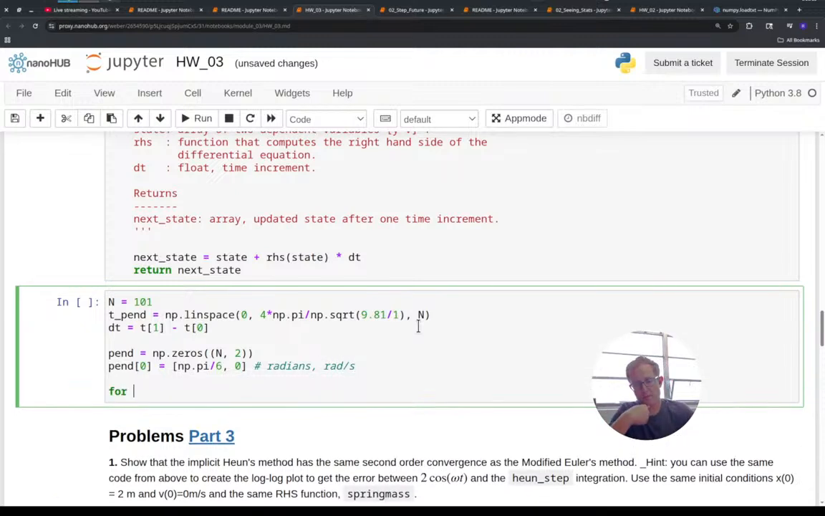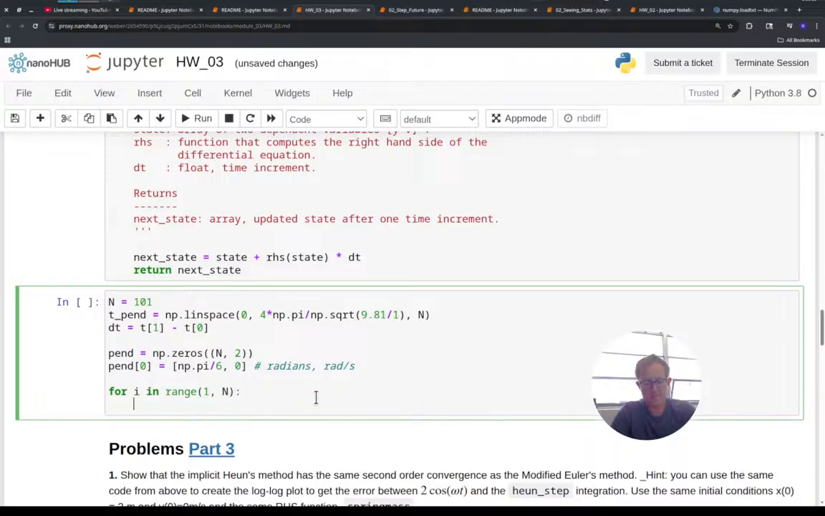Now I can loop through the rest of the values, everything that's not time 0, and solve for what the angle is and what the speed is. For i in range 1, because rather than start at 0, I'll start at time 1 and go to n, and I'll say pend of i is,